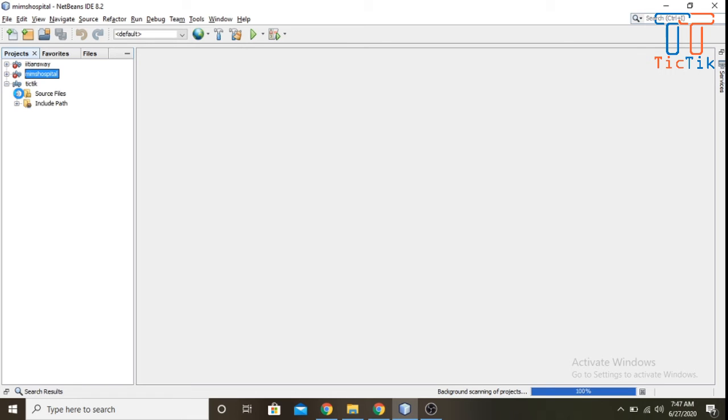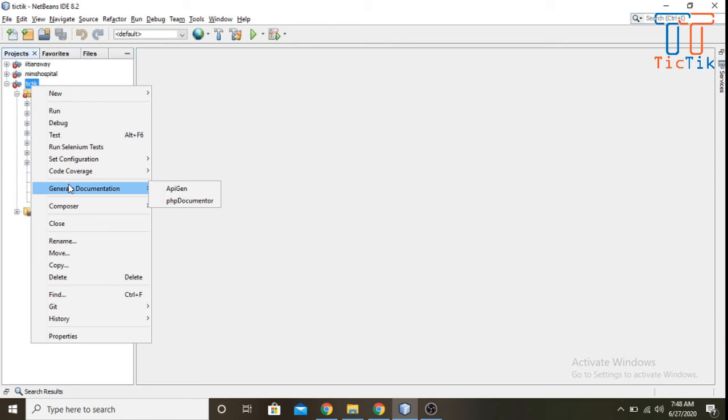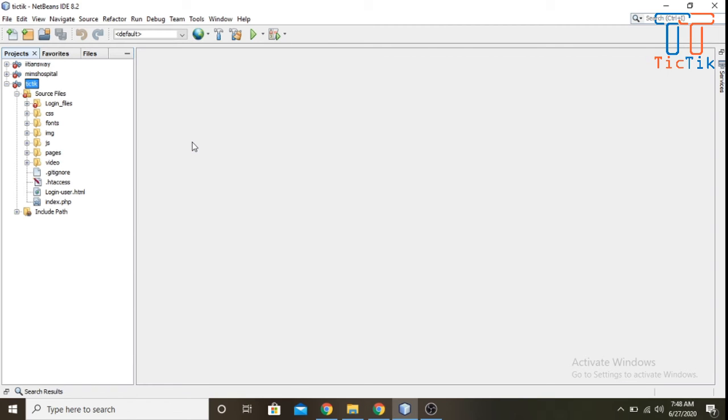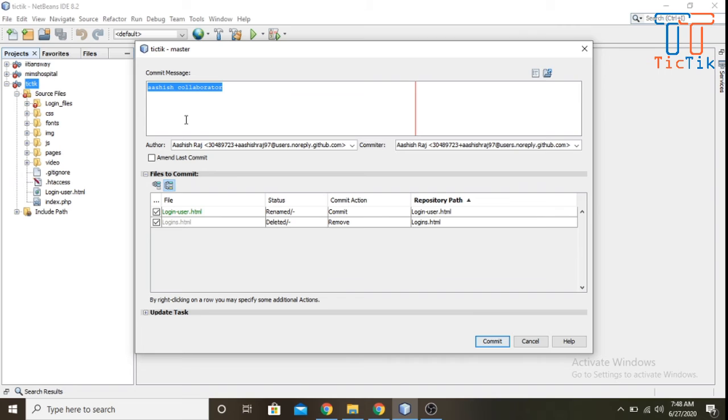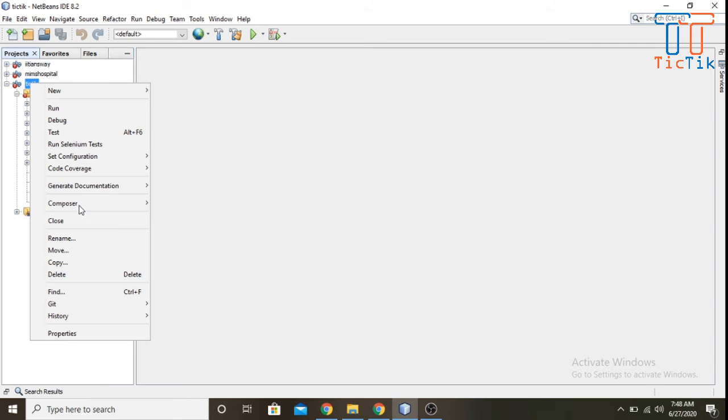I'm opening this. Let me show you some changes. This login, I'm renaming this logins to login_users. I rename this name, and now I'm committing these changes which I made from the Ashish collaborator account,